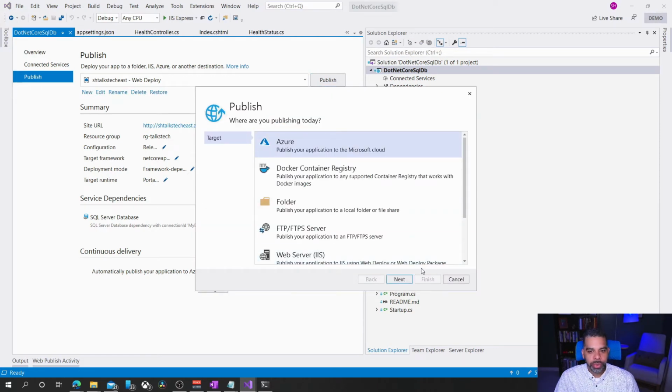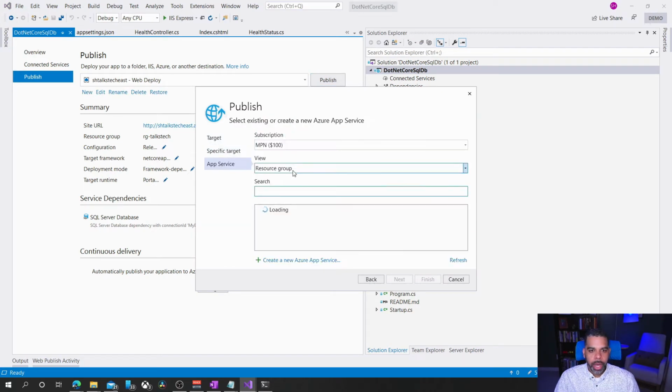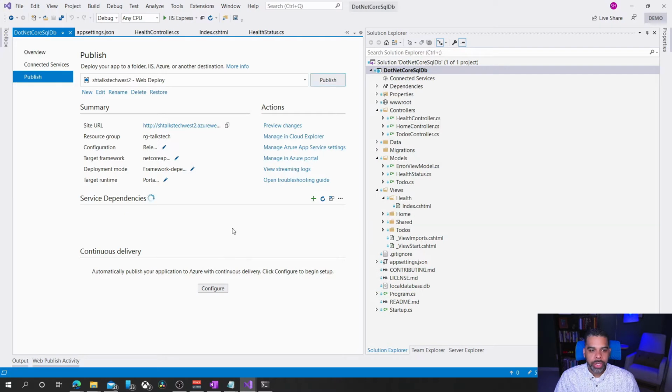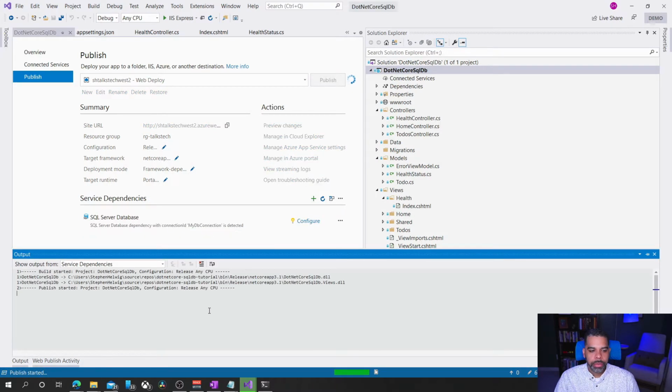We're going to create a new publish profile. And we're going to select our app service in the West, in West US 2. Click Finish. And once it's ready, we'll click Publish. Once again, this will take approximately 20 seconds or so to publish out. So we'll give it a little bit of time here, and it should open up the browser for us directly